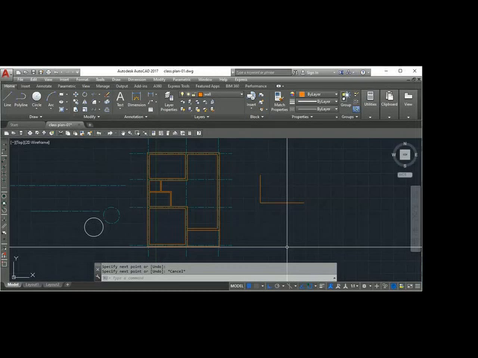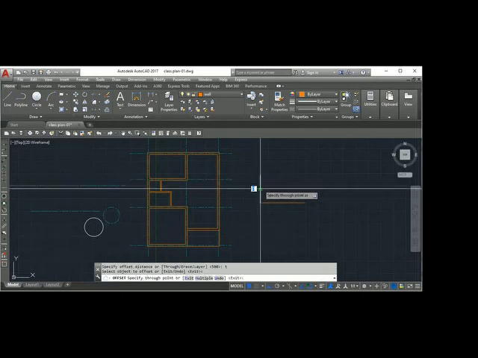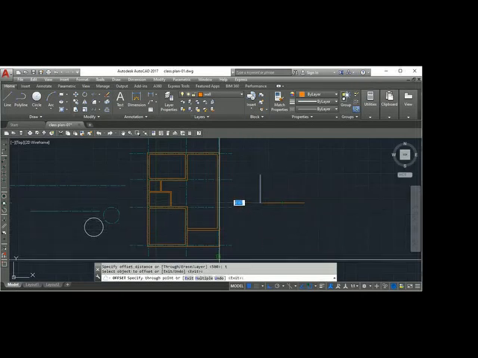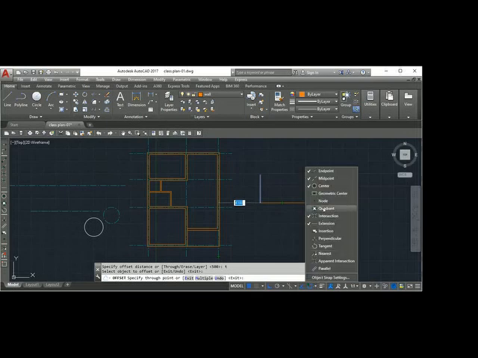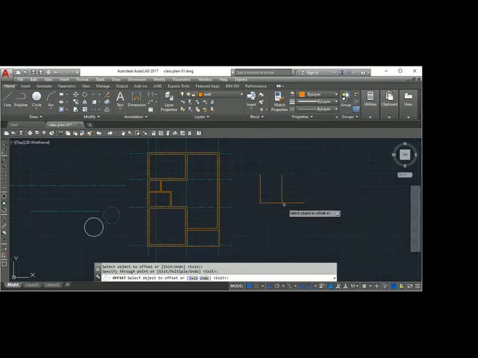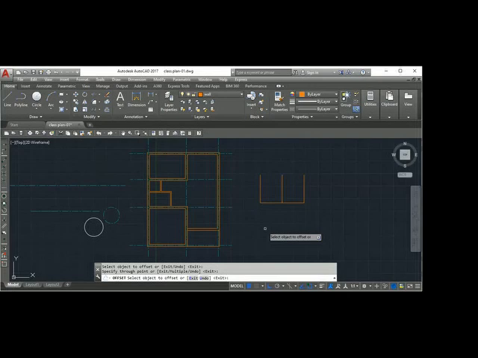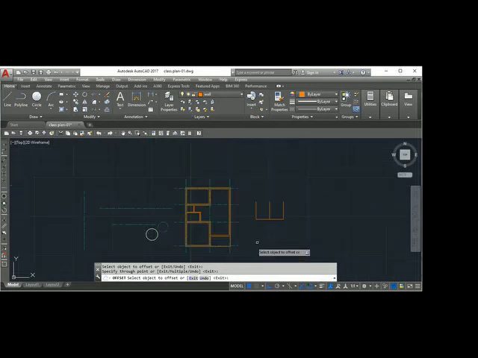So I will say offset, through, that is T. You select the object and you say the mid. So automatically your mid is on. You see that object now, midpoint is on. So that is why the midpoint automatically comes. So you can copy there, you see. Suppose you want to copy, then select this, show this one. So that is the use of the through command.